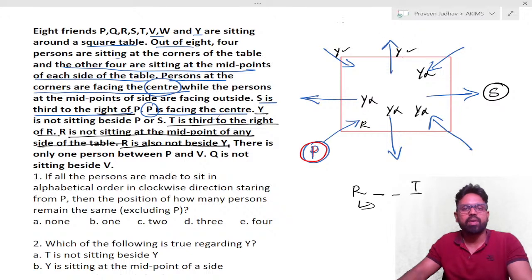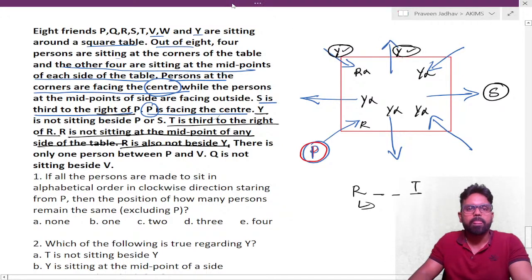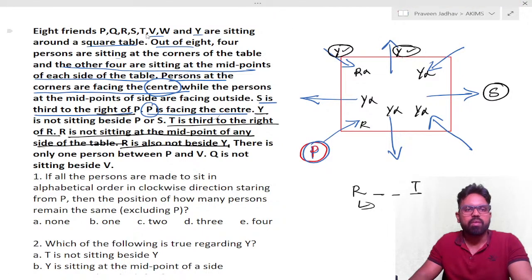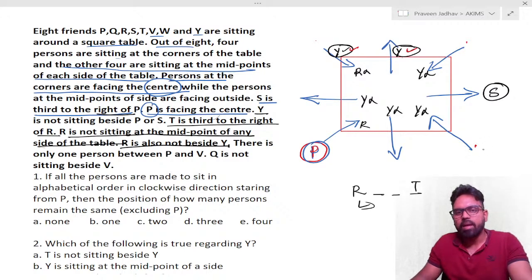R cannot be next to Y, meaning R cannot come here for sure, because only two positions were for Y, this position here and this position here. So R cannot come here, for sure. R can either come here or here. Okay. Now, if I take my R here,